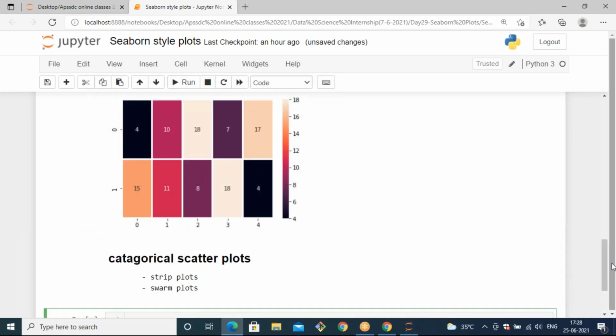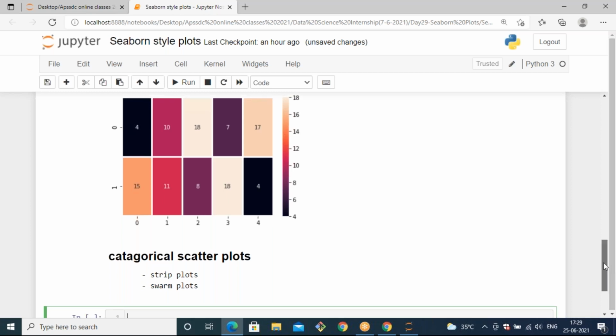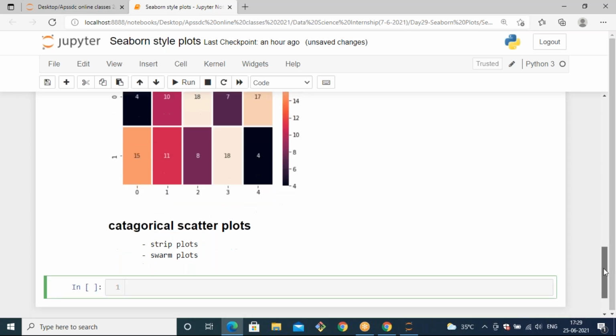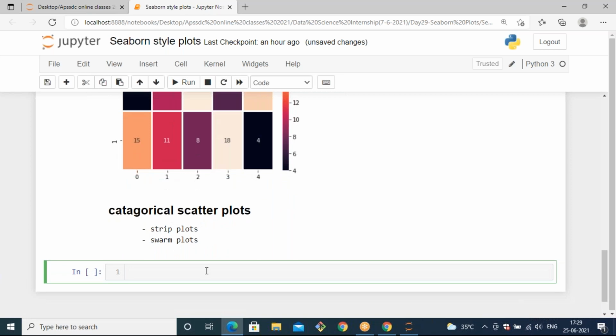Like when you want to display a color palette, we can use the palette plot. Likewise, to observe the different kinds of plots, we can use one basic plot, that is catplot. By using catplot, you can observe all the categorical types of plots.